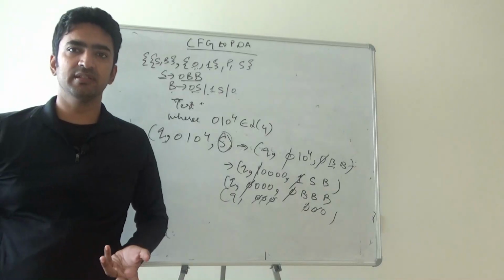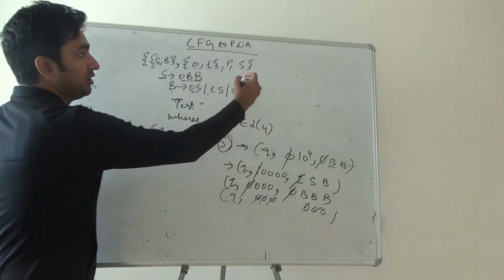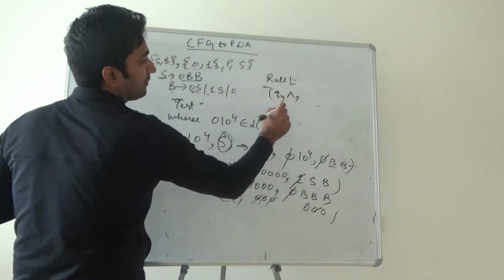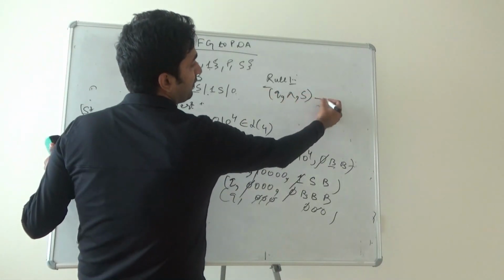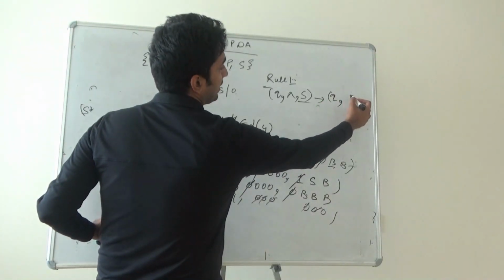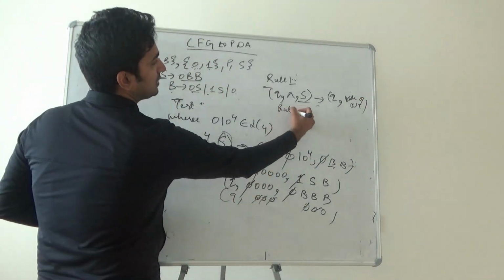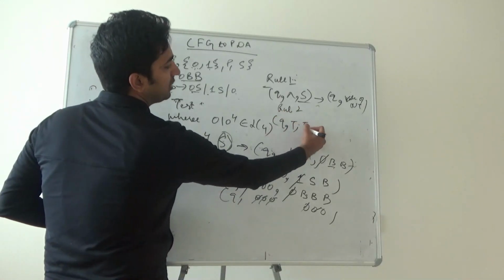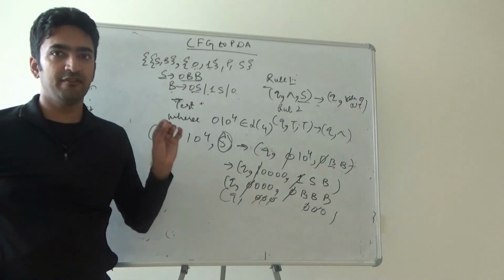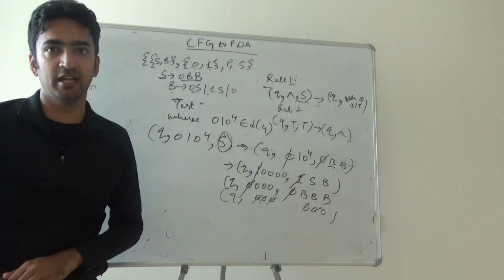So these kind of questions can be asked. Very simple. I am concluding this. Rule number 1 is: we have any state, we are not providing any terminal, it gives me any output state and it gives me the value of the non-terminal. And rule number 2 is: we have any state, we have a terminal, it gives me any state and it gives me null. So from these you just have to put the values and you will get the results. This is the conversion of CFG to PDA. Thank you very much.